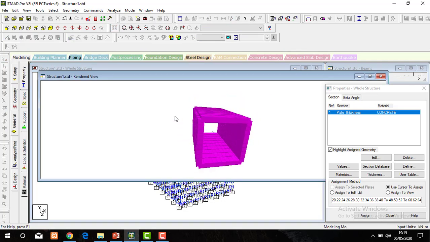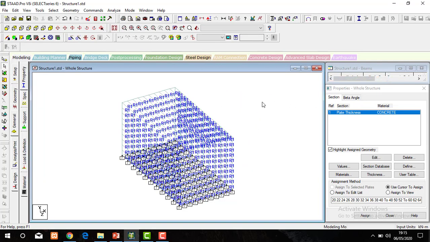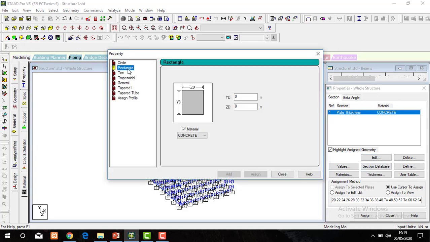This is looking okay. Now for the analysis purpose, we are not placing the vehicle directly on the plates, so we need to add some hidden beams so that this will act as a stable culvert. So let's define the hidden beams, rectangular. We shall take these hidden beams 0.15. That is only for analysis purpose.